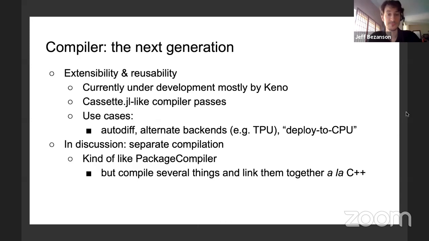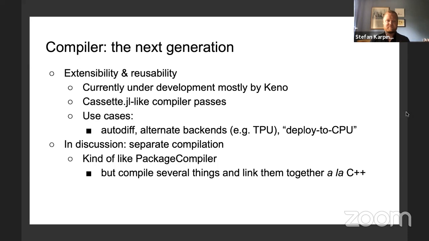There's also a lot of compiler work happening. We have a goal of making the compiler more extensible and reusable. There have been some experiments and special case projects over the years, like the GPU compiler, which is one of the best examples of something that tries to reuse and retarget the Julia compiler. That's been a pioneering project for generalizing the compiler, but we need to make that more generally usable, so we can bring more kinds of alternate backends online and we can do more things with code.